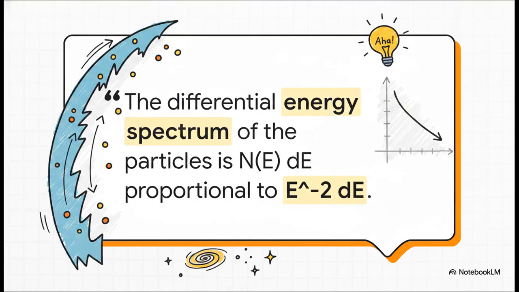And here is the real aha moment. When physicists finally ran the math on this constant back and forth bouncing, they didn't just find that particles got fast. They discovered that the exact rate at which particles escaped the shockwave perfectly produced a power law spectrum of E⁻². It mathematically aligns with exactly what we observe out there in the universe. Boom! The mystery of the spectrum was solved.